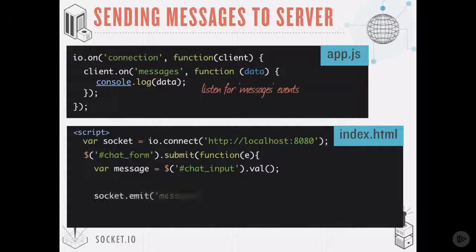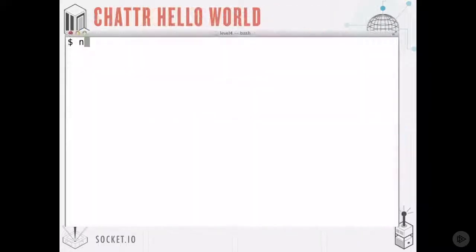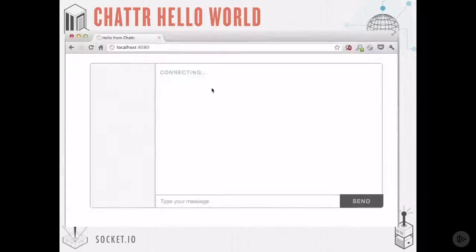Then we'll emit that messages event on the server by calling socket.emit messages and simply send in the message that they typed into that form field. Now we'll start up our node server again. And if we go into our browser, reconnect,